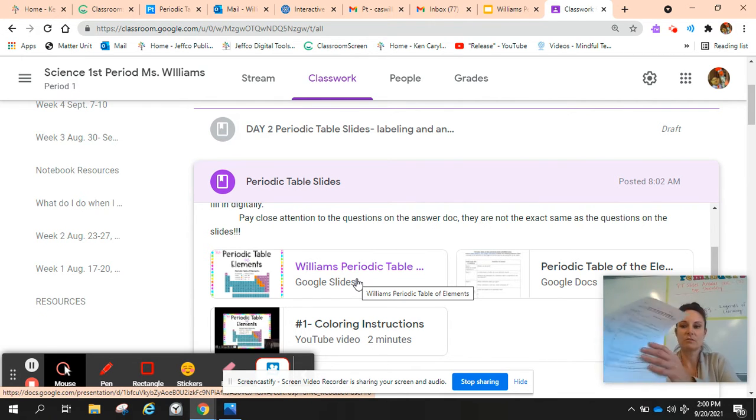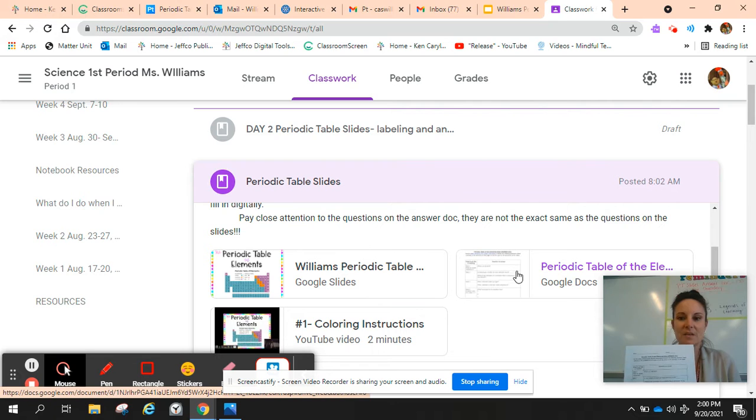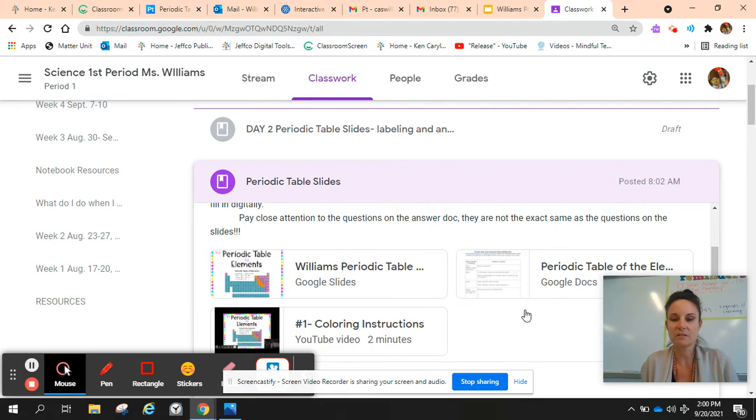Now, in class, you are receiving 2 answer documents that help us collect notes. We could also call these a note catcher, some classes do, to collect information from these slides. If you are absent or you lose yours, there is a copy here on your Google Classroom. However, if you are in class, it is much easier to just have the paper next to you and the slideshow up in front. If you are finding this easy and want to stop the video to answer the questions